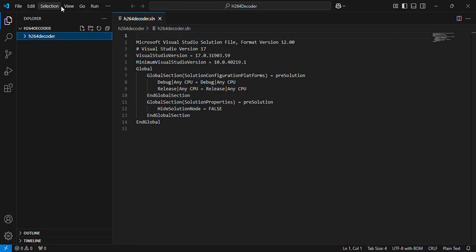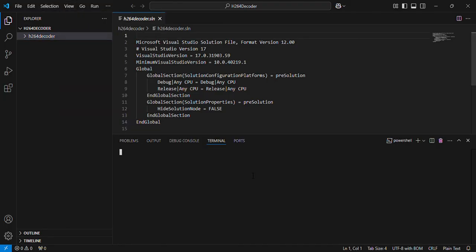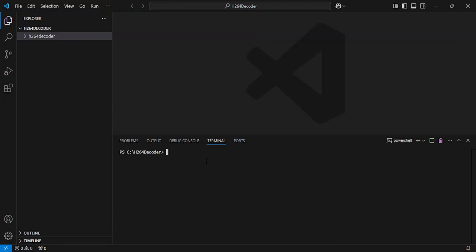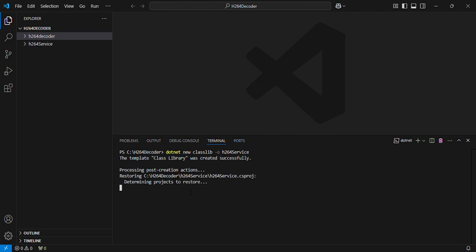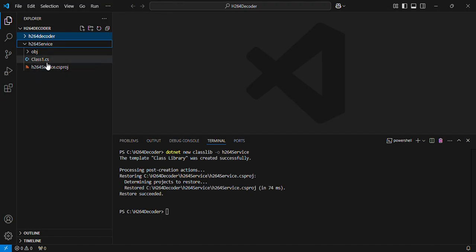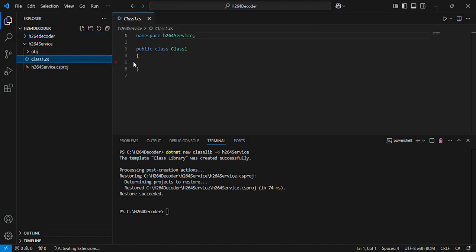So let's get our terminal. Here we're going to have dotnet new class library, output it to, we're going to call it H264 service, right? So we have created our H264 service class library, and then we're going to name this